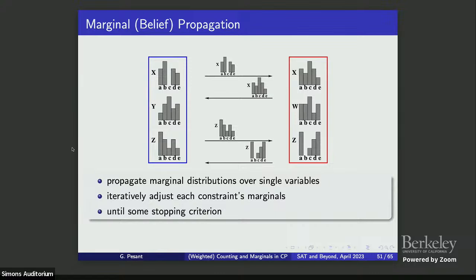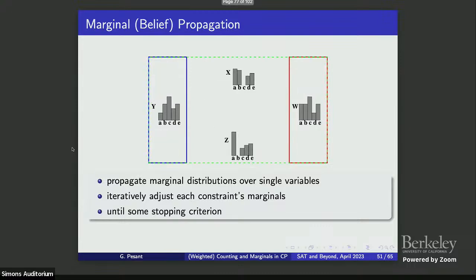Let me see information that's redundant. Okay, so you want to propagate that information. So saying that, okay, instead of propagating that C is not supported, I'll say, well, my belief is that the distribution over the domain of X, so as to which are good values, is such. The red constraint says the same thing, but something different the other way. And hopefully you iterate, and hopefully you get to some agreement or converge to something, to get more of a global picture.